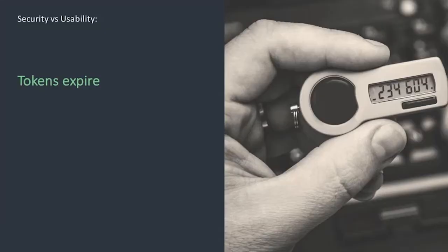One of the biggest problems with tokens themselves, especially hardware tokens, is that they expire. This is traditionally said to ease the auditing purposes for stock. However, with people now providing non-expiring software tokens and non-expiring hardware tokens, this has sort of been put to bed,